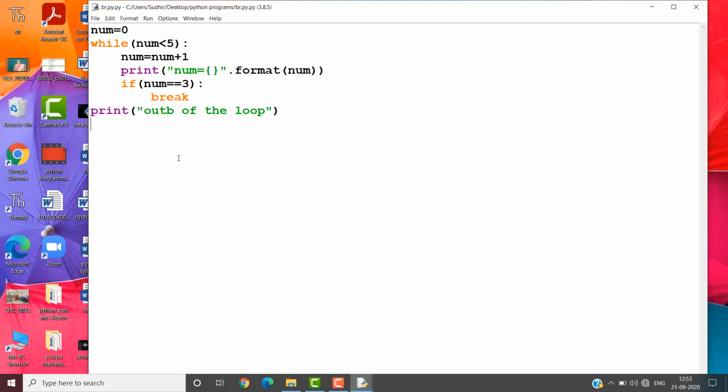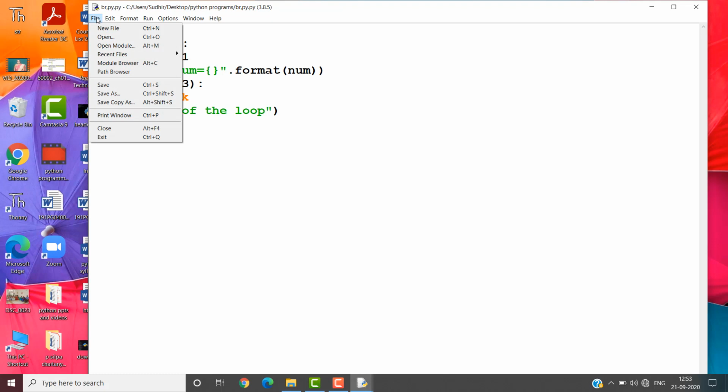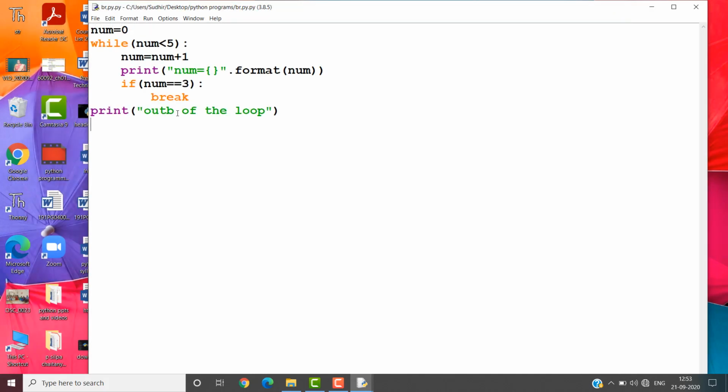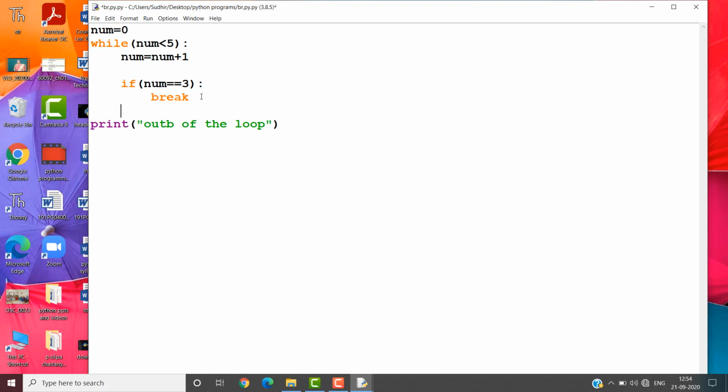Is it okay? Shall I move to the next example? Yes. So, what is the next one? The next one is the continue keyword. Let us do the continue keyword. Okay. So, can we change the thing that is there in this program itself? Yes, we can change. How can you change? I am just taking this print statement and I want to print this statement here.